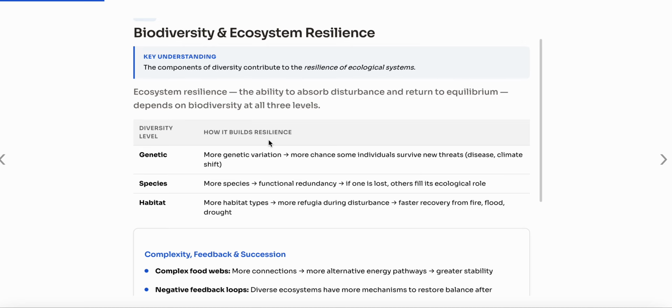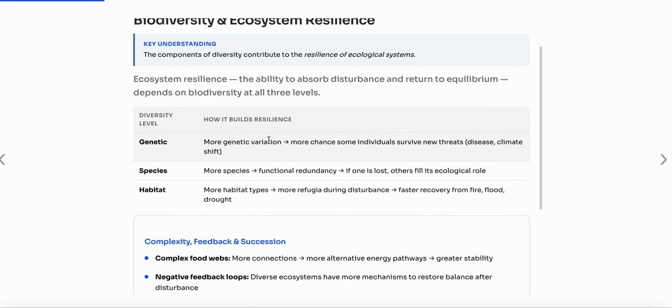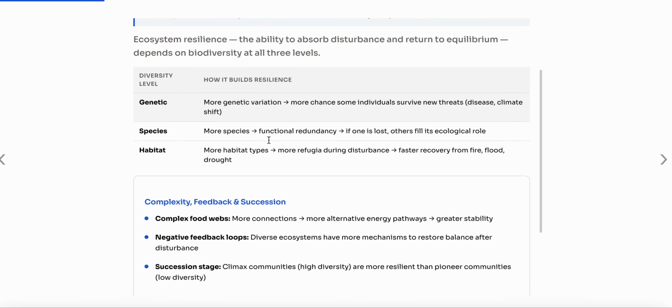Now, another understanding is how these components of diversity contribute to resilience. In the previous video, we discussed the term resilience. It is the ability to absorb the disturbance and return to equilibrium. It depends on biodiversity at all three levels. So if you have more genetic diversity, more species diversity, more habitat types, then ultimately it helps in